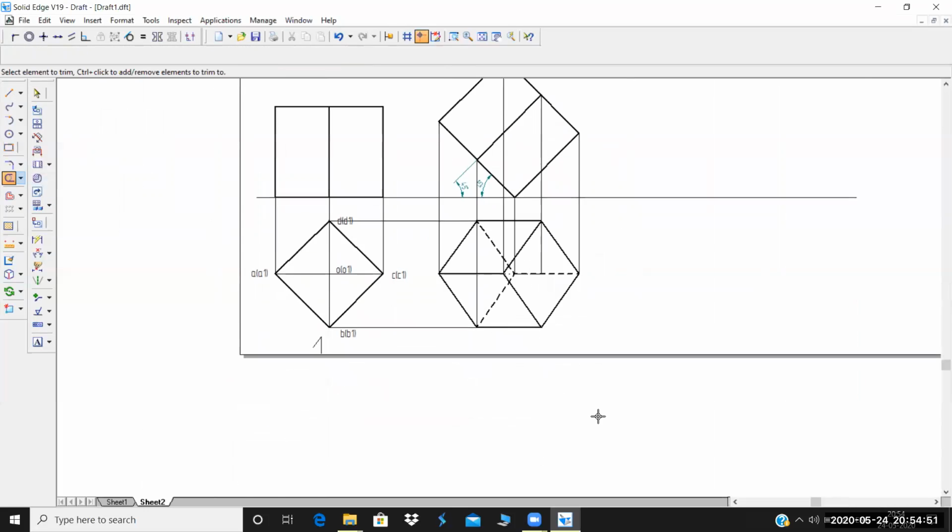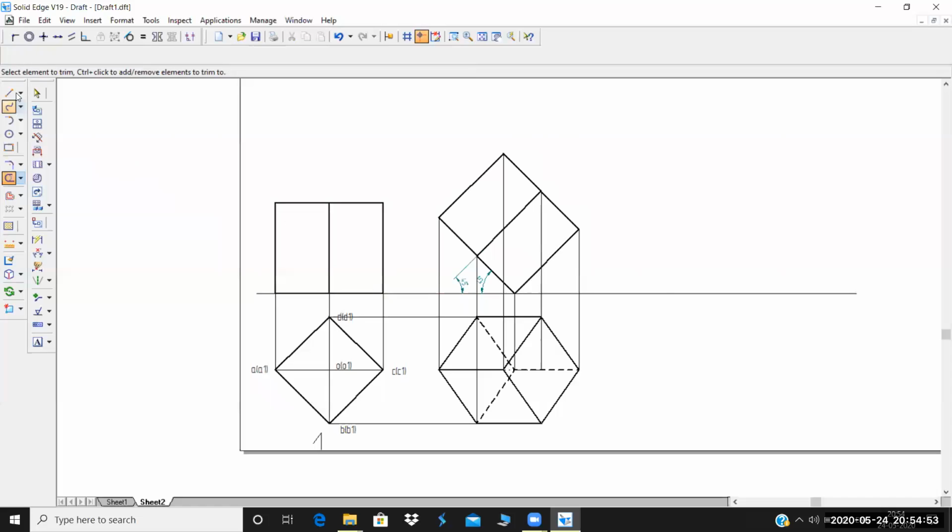Now coming back to the problem, let us say the solid is inclined at an angle of 30. If it appears to be a problem, you have to take the solid, similar to how you do it for planes.